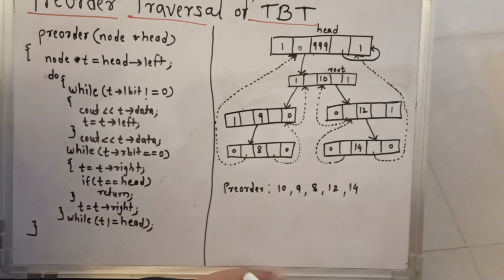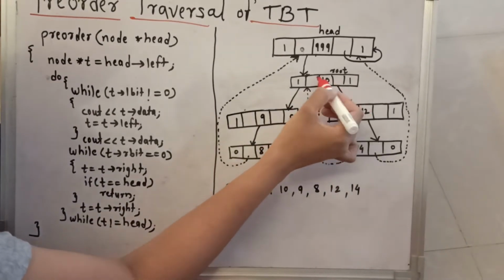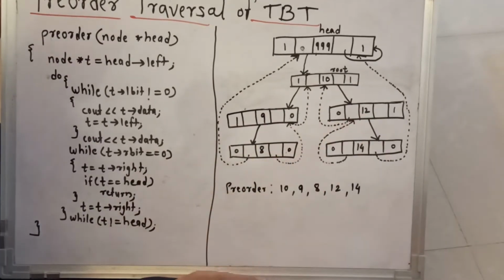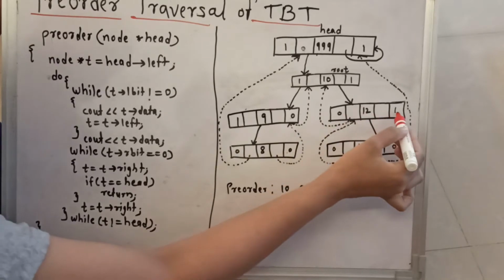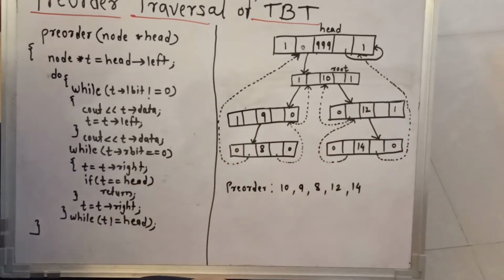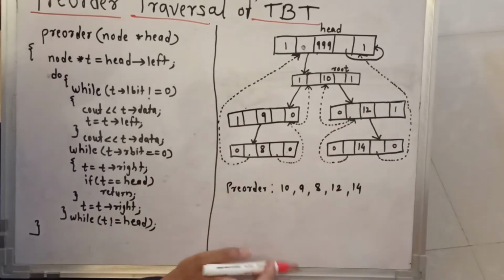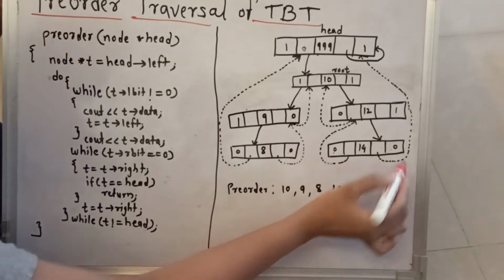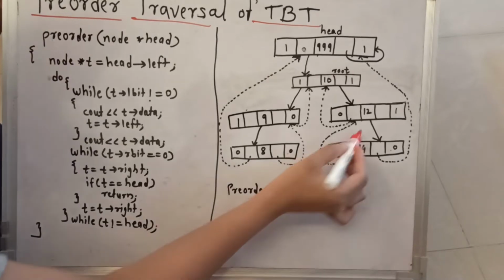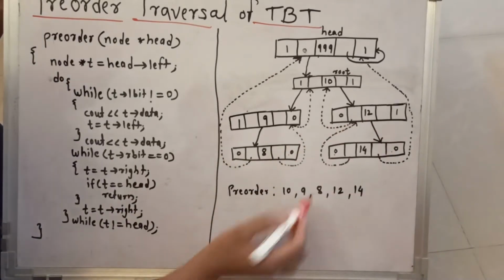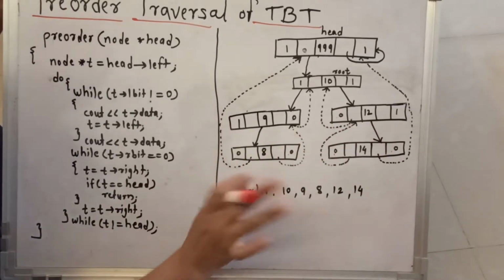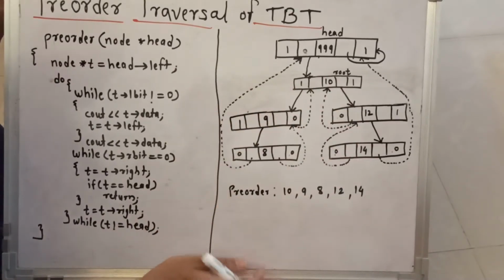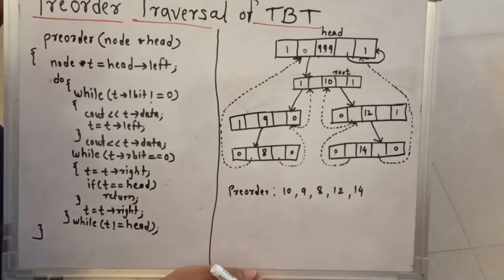Same thing for the right side. For the 10, that means for the root node, the R bit is equal to 1, that means the right child is present, having the value 12. For the 12, the R bit is equal to 1, that means again the right child is present, having the value 14. And for the 14, no left and right child is present, so the L bit and the R bit values are zeros. And same thing for the 12 also, as the L bit is equal to 0, that means no left child is present for the 12. So this is the diagrammatical representation of the TBT.